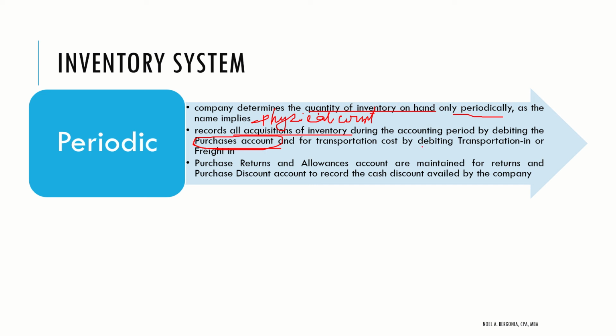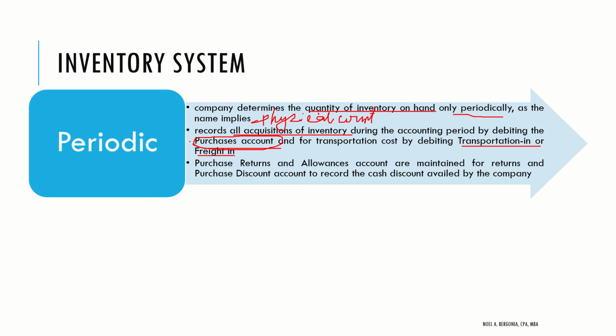Then if we pay the transportation cost and we are the one required to pay it, our transportation cost will be recorded using the transportation in or freight in account. Okay? Since we are now on the perspective of being the buyer, 'di ba? Kanina in the sales part, we were on the perspective of being a seller. Ngayon naman dito sa part ng cost of goods sold, we are on the perspective of being the buyer, kasi our merchandising business is on buying and selling. So nagiging buyer tayo on some certain perspective.